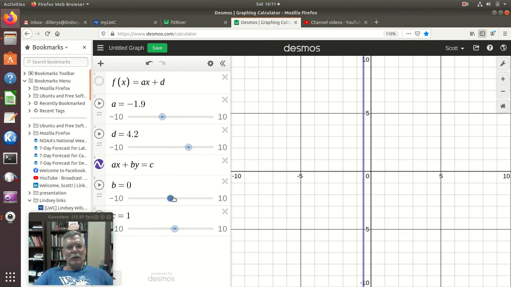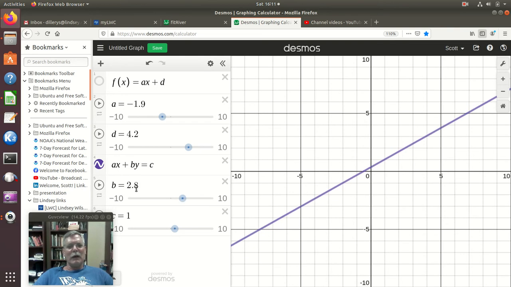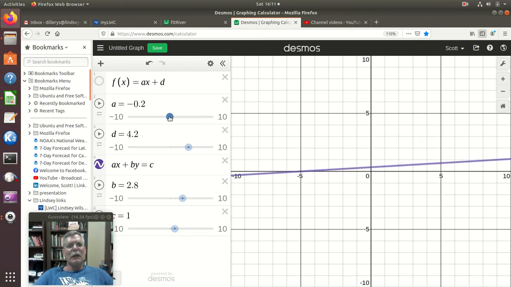Then if we let b be non-zero, but then we make a 0, then that's when we get a horizontal line, because really what we have is y equals a constant. Because if b is non-zero but a is 0, you just have a constant times y equals c, so we divide. So this general form, the one thing it has over the function form, or what you tend to call the slope-intercept form,